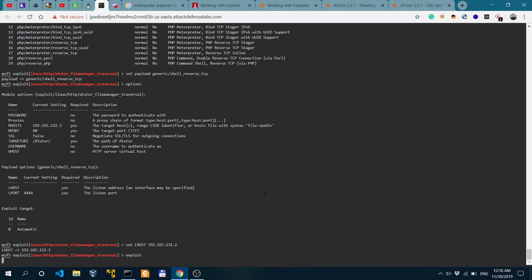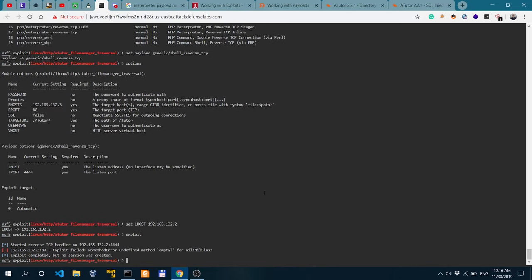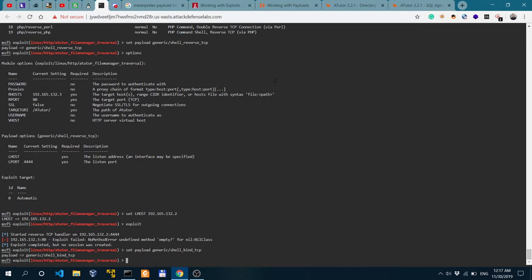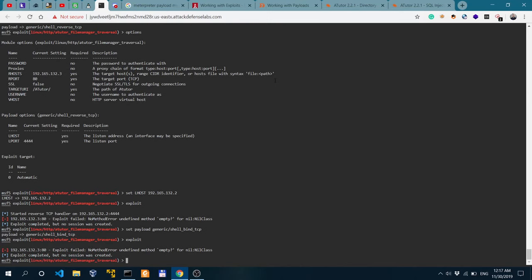Let's try to exploit. No method, undefined method. What was the payload? Reverse. Let's actually try a bind one. Exploit